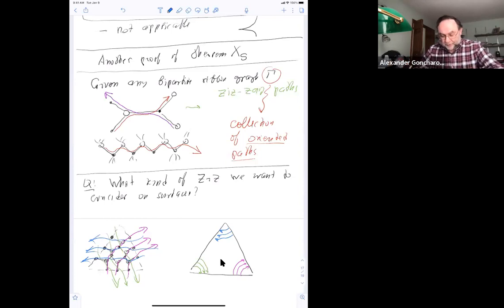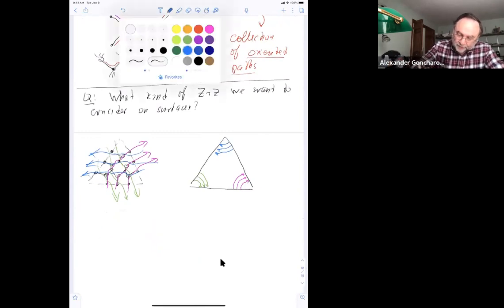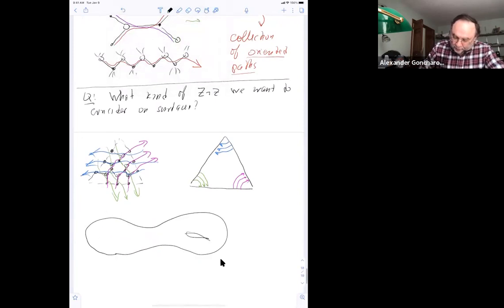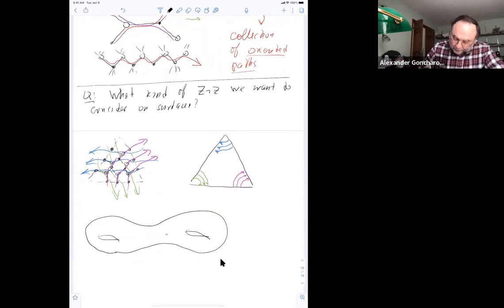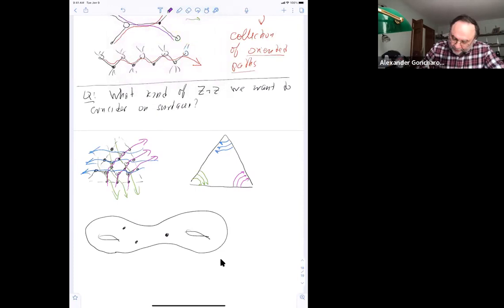If you consider a more complicated situation, for example, if you glue a surface from triangles like that, then you immediately see that these zigzags which we actually consider have the following property. If you draw a surface and consider the punctures on the surface, then around every puncture there will be precisely m zigzags which go around it, if you're talking about the m across 3 case. You'll see pictures like that, so they are isotopic to this collection of paths.